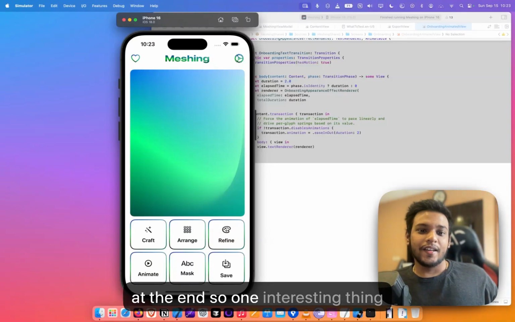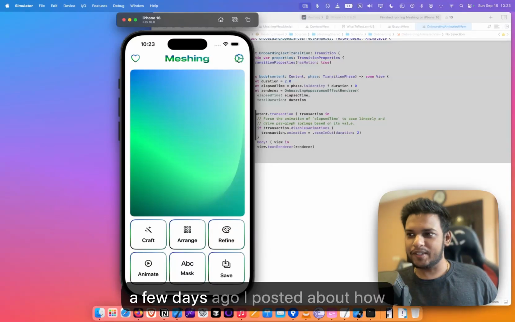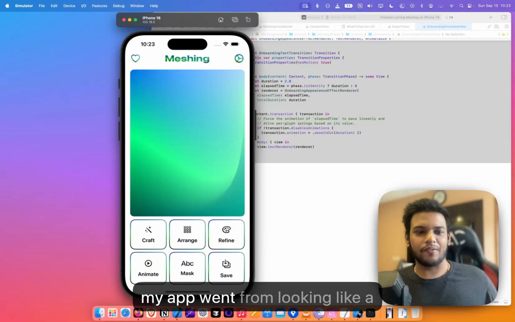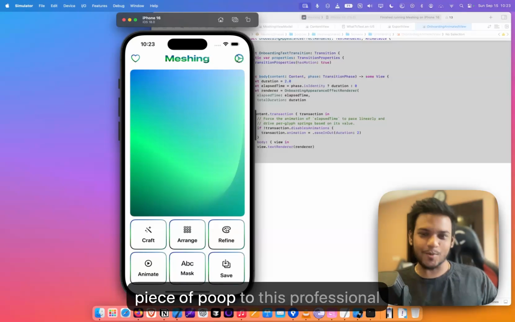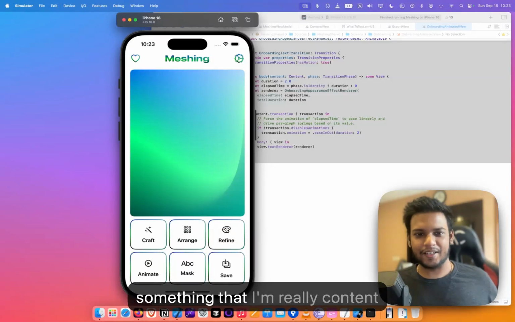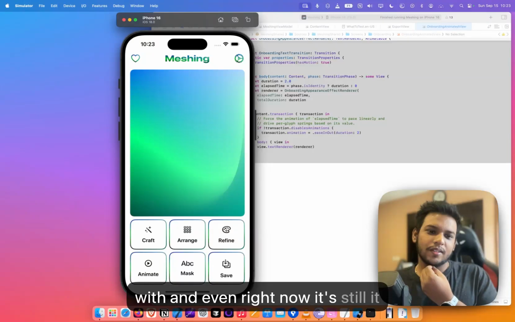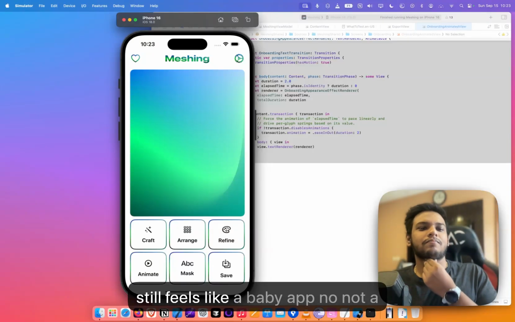So one interesting thing that I wanted to discuss was, I think a few days ago I posted about how my app went from looking like a piece of poop to this professional version. I think this is something that I'm really content with. And even right now, it still feels like a baby app.